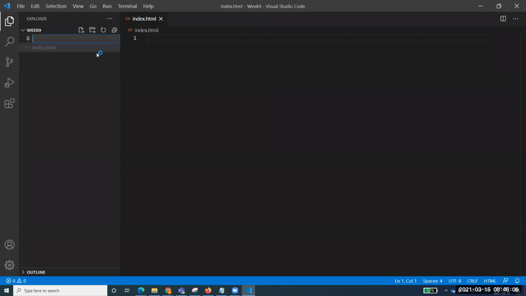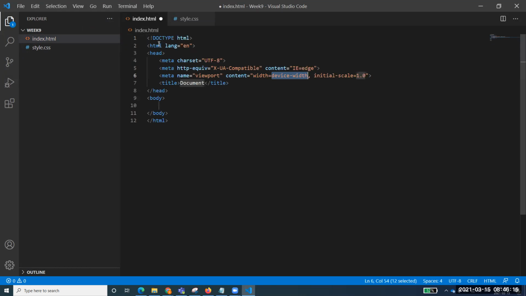Not only index.html, rather I want to create a style.css. And again, by the way, you can name it anything you want, but we usually give it style. And if you want to have a complete document, you remember I've said you can write HTML5 and a complete document will appear. And you can just write down here. So today we will be talking about the box model of CSS, which is very important. And we'll be talking about that box model.